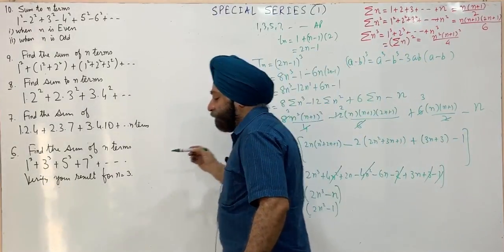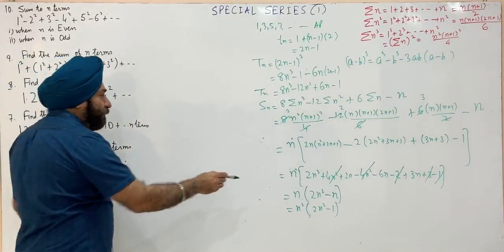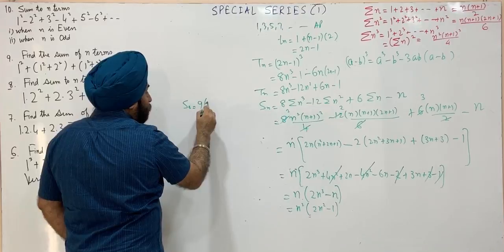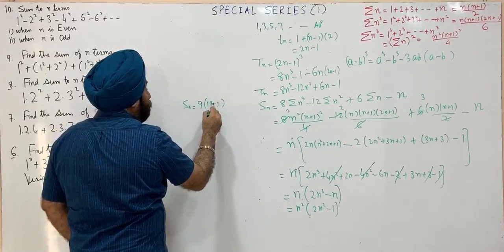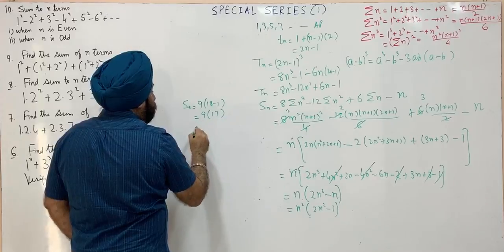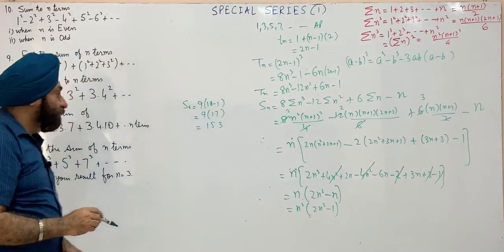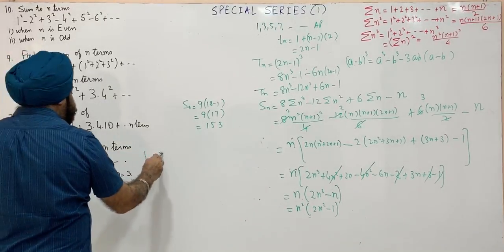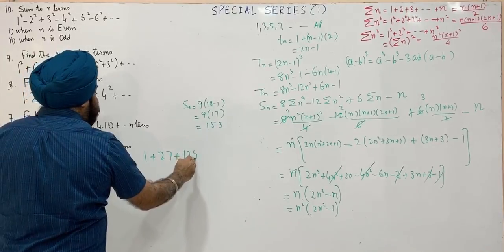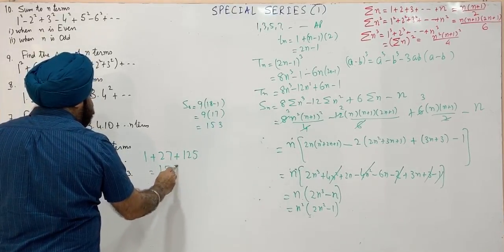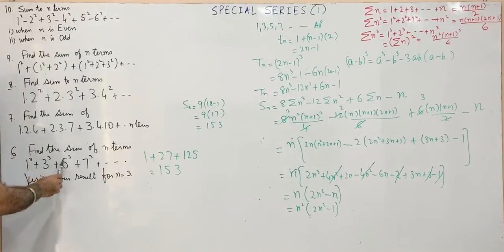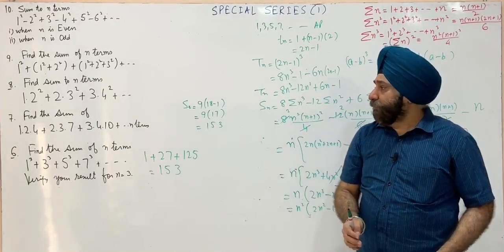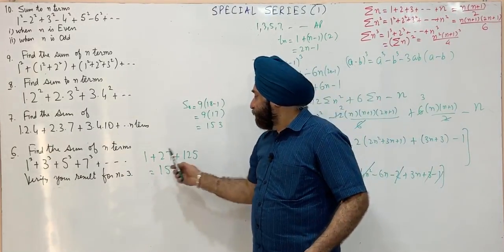So sum of first three terms, for that we put n is equal to 3 here. Sum of three terms will be 3 square, then 2 into 3 square, that is 18 minus 1, 9 into this is 17, this is 153. What is first term is 1, 3 cube is 27 and 5 cube is 125. And what is this sum? This is also 153. So this is sum of first three terms. This is 153. From the formula or the answer, it's again 153. So this verifies the result.